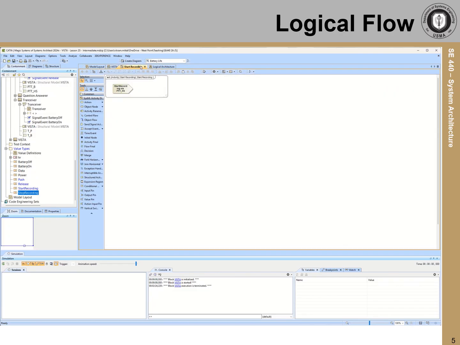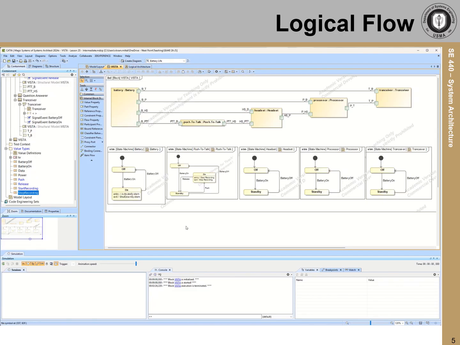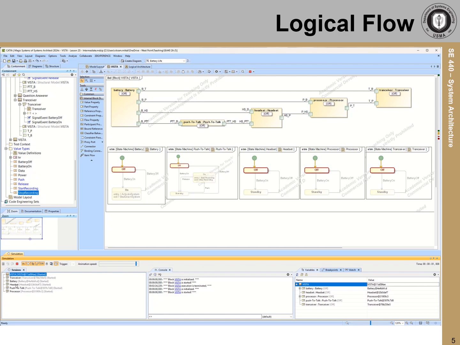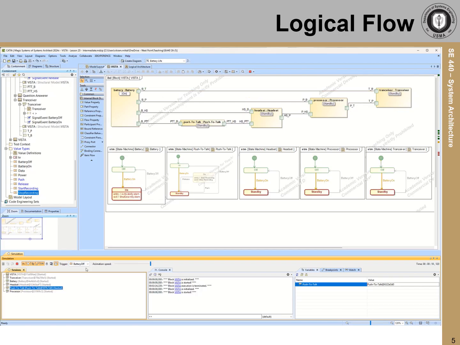All right. So now what we can see, if I run my simulation, I'm going to turn my battery on. Everything's in standby. When I go to my push to talk and I send it that push command, it sends a message to my headset telling it to start recording. When I send the release command, it sends a message saying to stop recording. All right, so now what we can do is we can go to the next part, the headset,